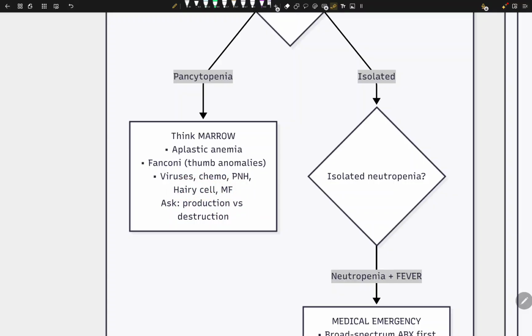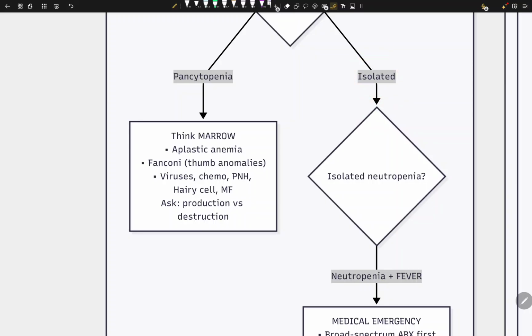So we have this production versus destruction. So we want to think, is the production too low? Is the production getting messed up? Or is the destruction too high? What kind of pancytopenia is that, right? Now, if it's some sort of isolated